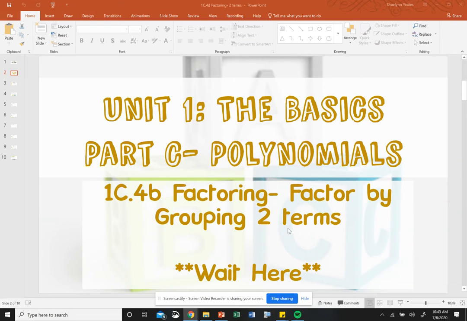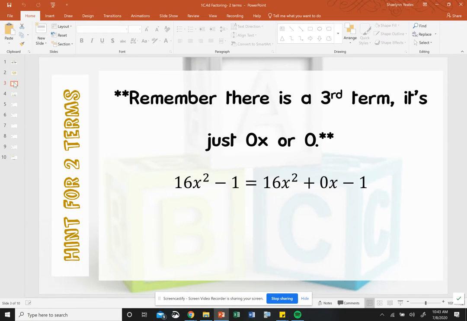Hi guys, so today what we're working on is factoring when there is only two terms. This might sound like it's complicated. Really, we're going to split it up back into four terms. If you haven't figured that out yet, that's a thing that we do. I'm just going to be doing factoring using box method because it's my favorite, but we're going to focus on